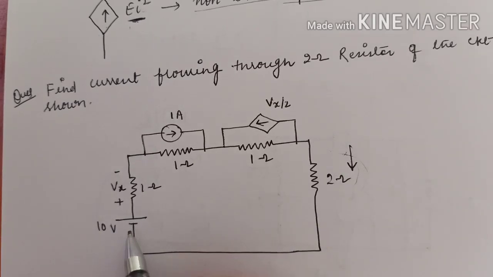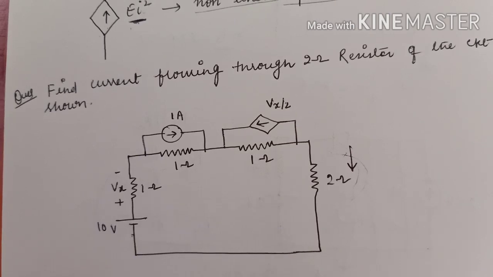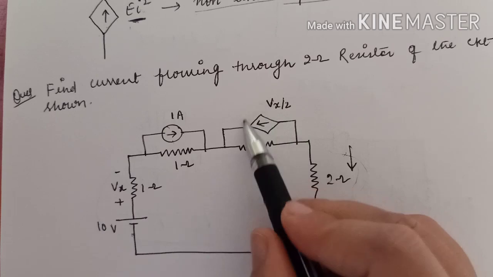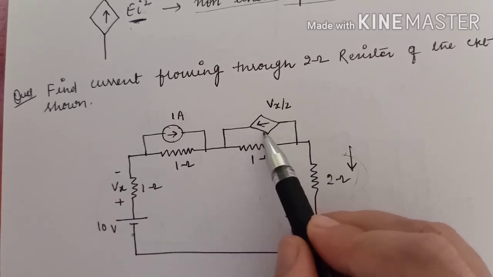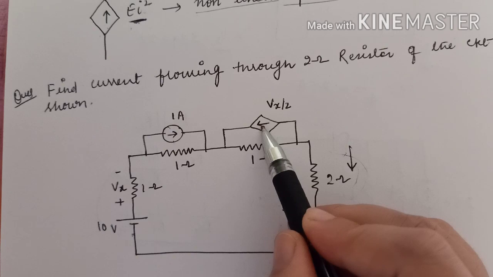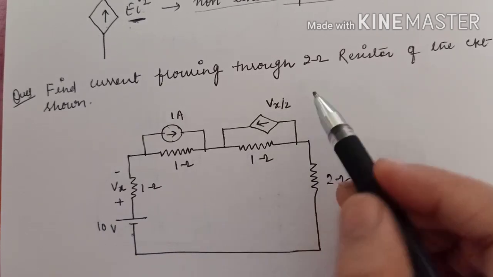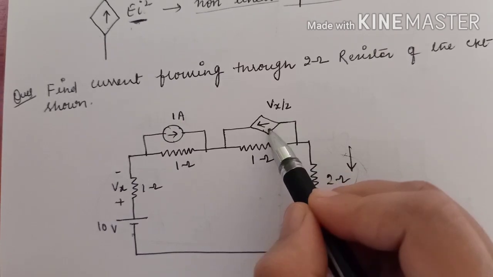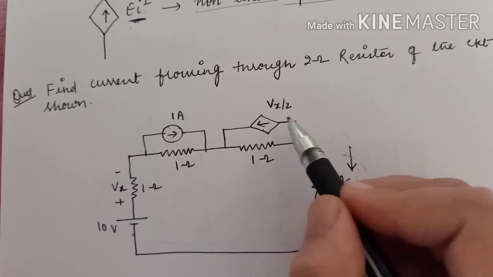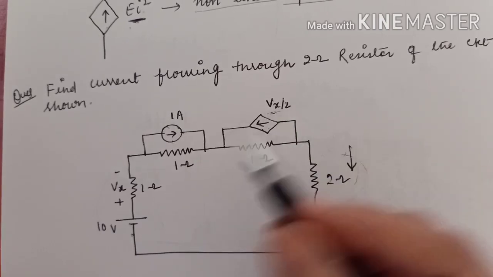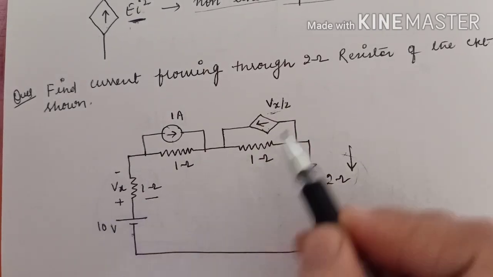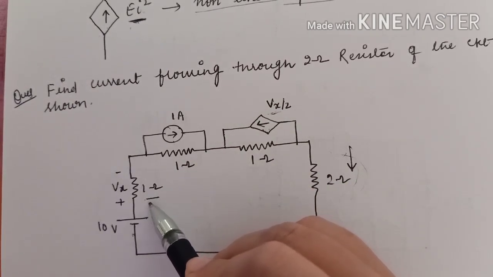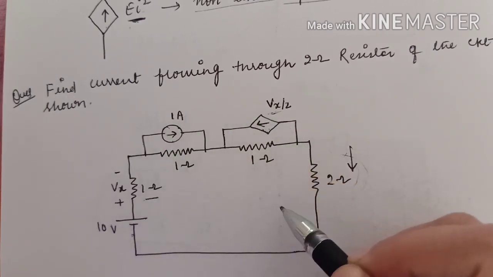One voltage source is given. This is an independent voltage source. One current source is given. This is also an independent current source, and another source is given. So this is your dependent source. The symbol is this current symbol. So this is a current source, and this is depending on the voltage. So this is your voltage dependent current source or voltage control current source, because this is depending on Vx. Vx is what? Voltage across this 1 ohm resistor, means this current source is depending on the voltage across this 1 ohm resistor. Clear? How to identify the dependent sources?